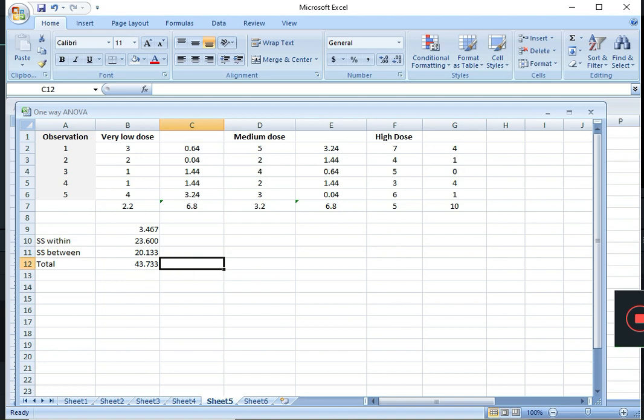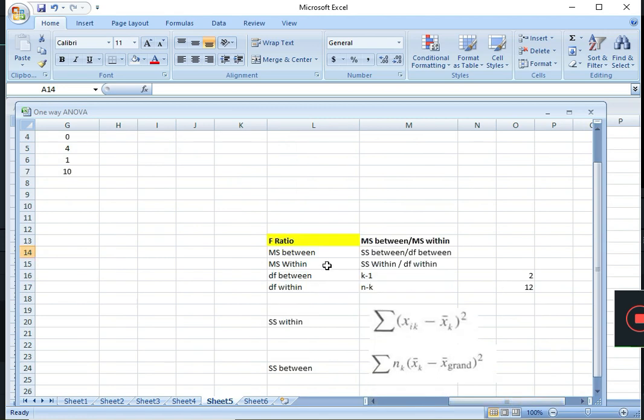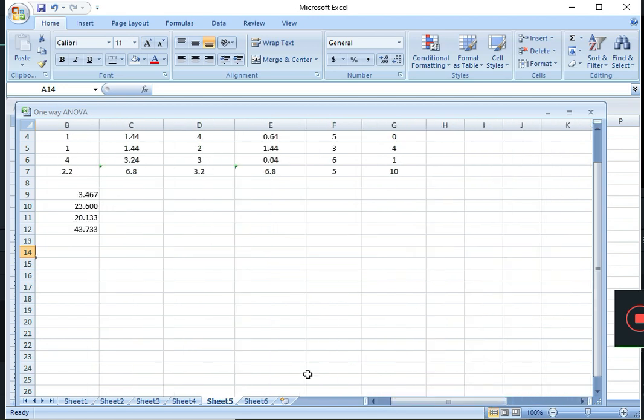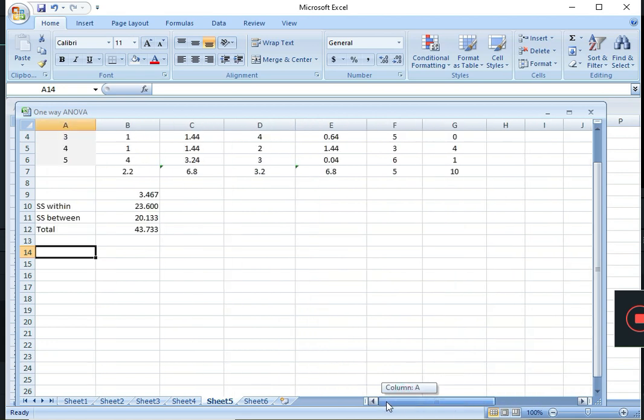Okay, so the video is already around 12 minutes, will wind up soon. Now we need to calculate the F ratio. Let us go to this, F ratio. So MS between and MS within, we need to calculate. We have the degrees of freedom 2 and 12. 2 is for between, and I've written the results in reverse order, 12.